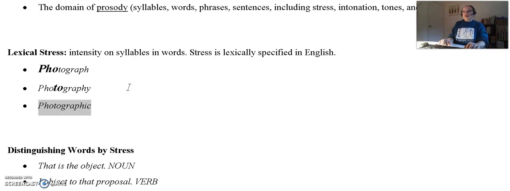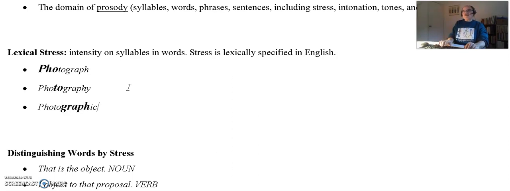And then in this word, it is further moved over. Well, you could say photographic. Photographic is probably the best place to stress that. Photographic memory, photographic memory. However, we do have a stress here. This is the secondary stress. This is the primary stress. So it's kind of complicated, but again, it's lexical. And so wherever this word occurs in a sentence, I'm going to stress photograph in that particular place.